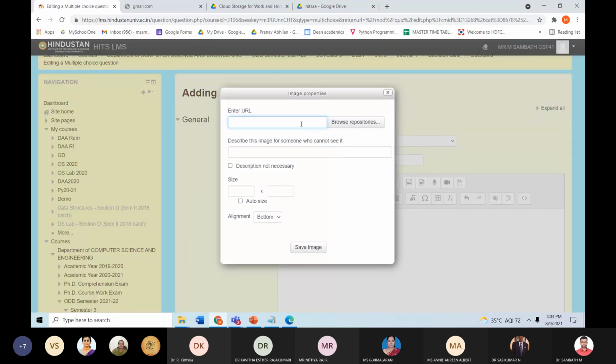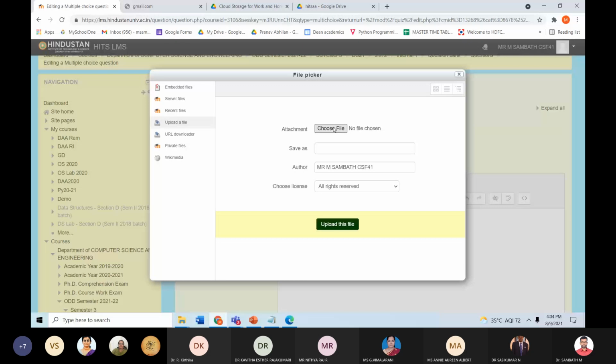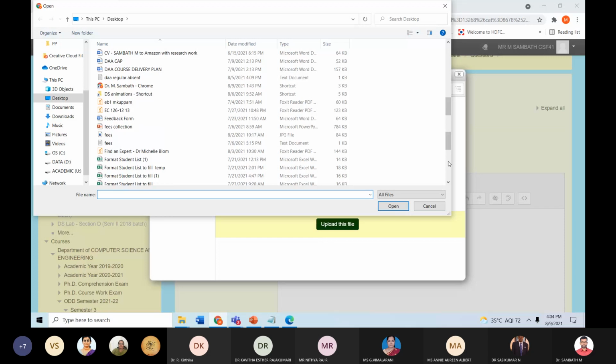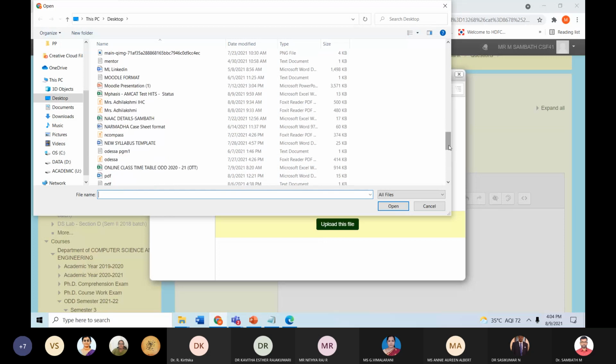You can browse to where the image is located and you can put it here. For example, I want to give some image here. Sometimes the questions may be even based upon the image also. So that time there are images.